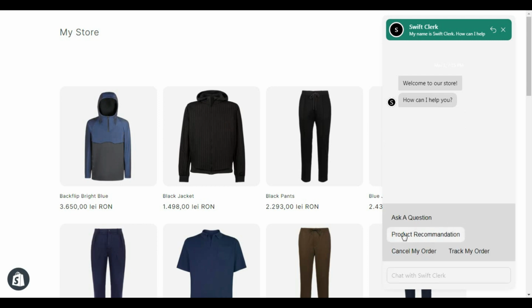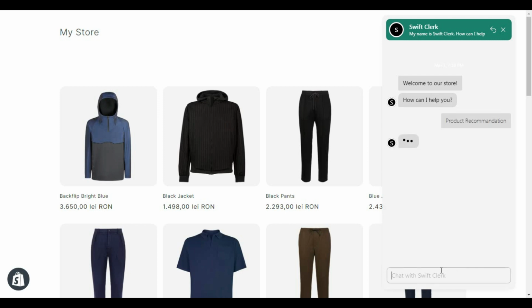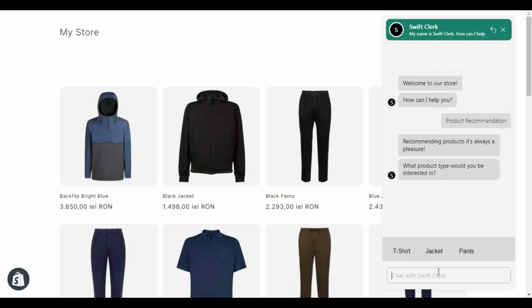The next option, and the one that I'm the most proud about, is the product recommendation system. If we click this one, it's going to ask us to pick from a category of products. Now, again, this can be fully customizable. It doesn't have to be for men's apparel stores like this test one that I have here. And if we continue and we click,